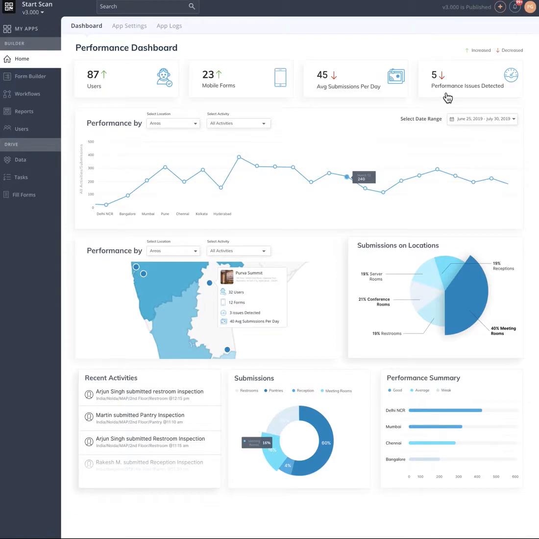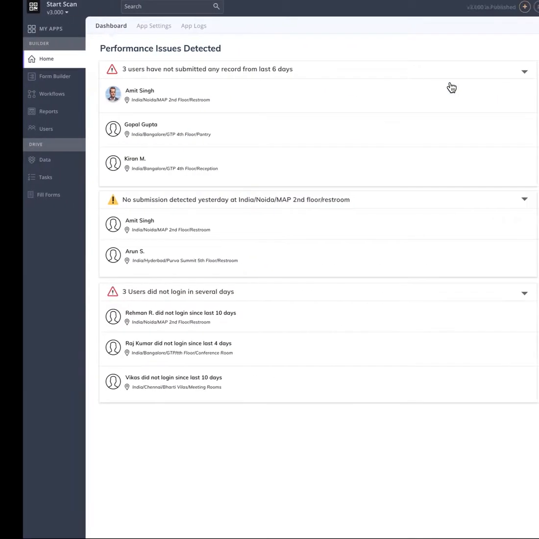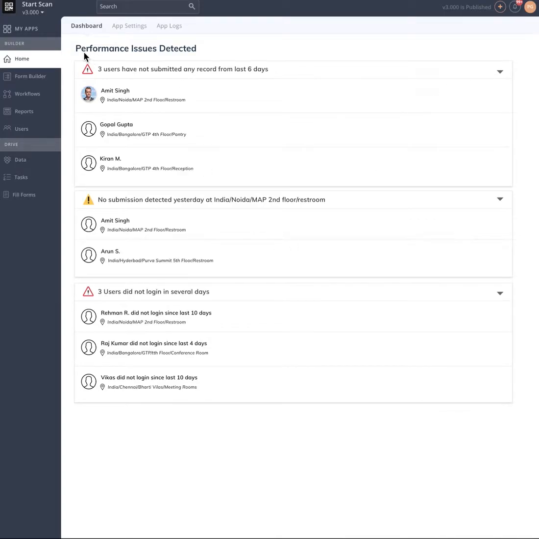As you see here, I will demonstrate one more thing. If you can see here the 5 performance issues detected, if you click on this, it will take you to a screen where it will show you all the performance issues detected. Based on our experience and the discussion, we have listed a few of the issues which are important to know,